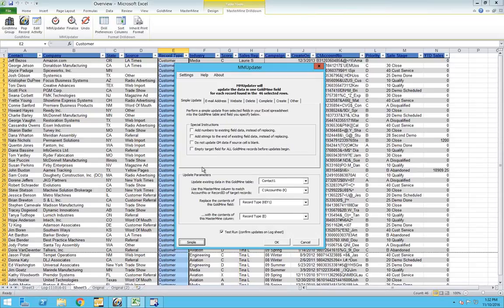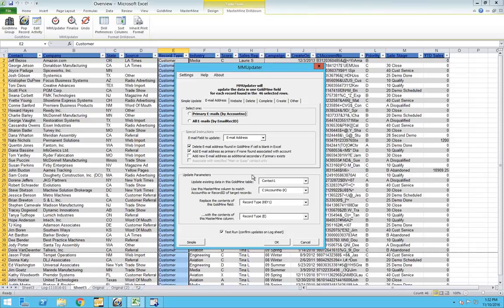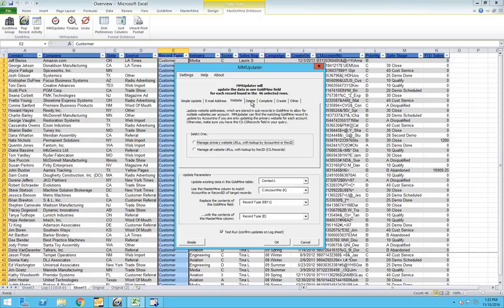So not only to update existing data, update fields record by record, but also to do things like manage email addresses in GoldMine, which are very hard to manage because they're actually in separate sub-records connected to the main GoldMine record. And there are primary emails and secondary emails in GoldMine. It's really quite a lot to manage, and Mastermind has tools here that make it very effective to do that. Websites, likewise, are